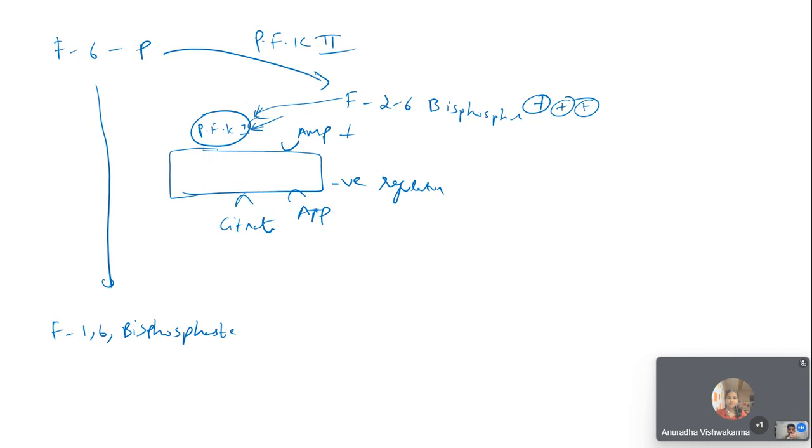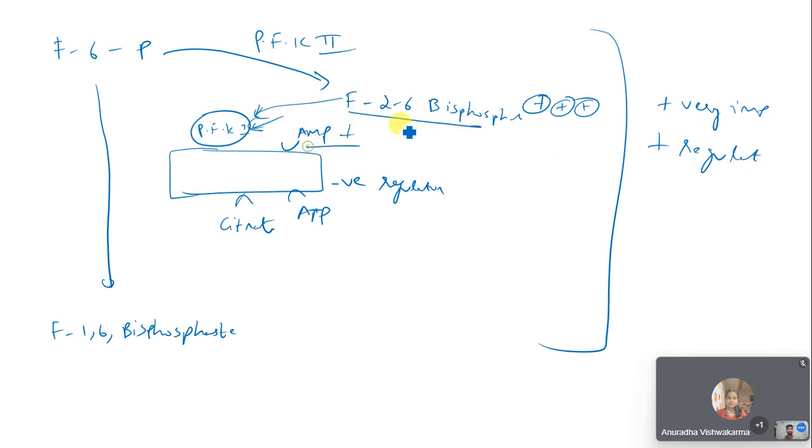And as I told you, this is the most important and most regulated step of glycolysis, because as you can see, a lot of regulatory steps are here. Positive regulators are AMP and F26, while negative ones are citrate and ATP. Now tell me,